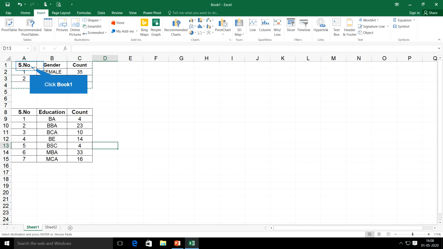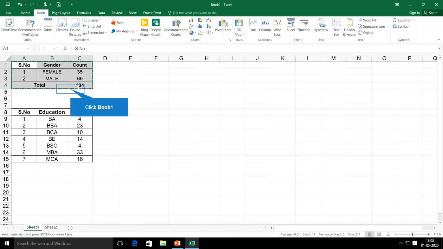For example, I do not want this table in this place. I want to move this table from this place and place it here. So what I can do is select the table and keep the cursor on these moving dotted lines. I can see a four-headed arrow.